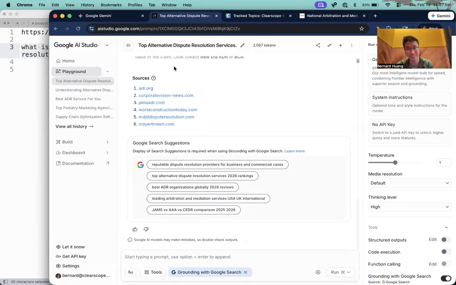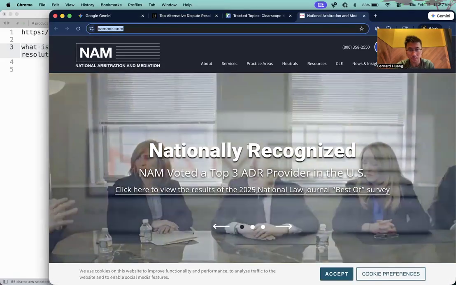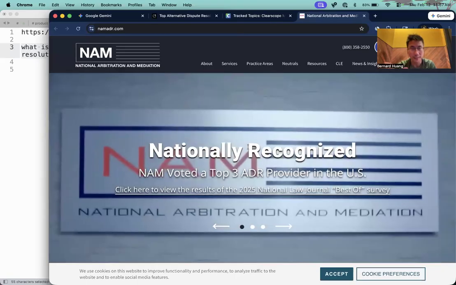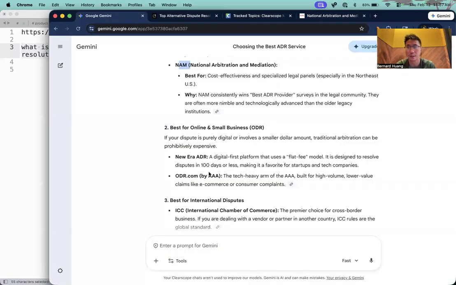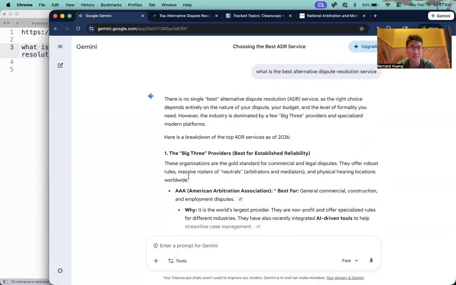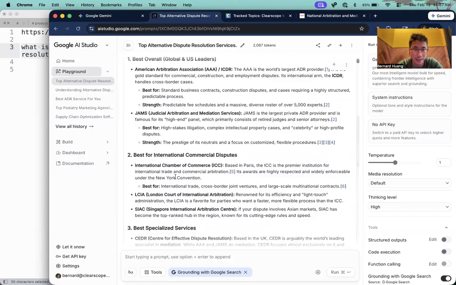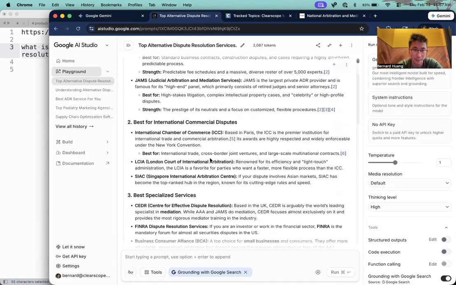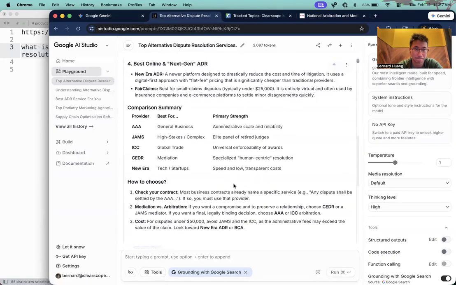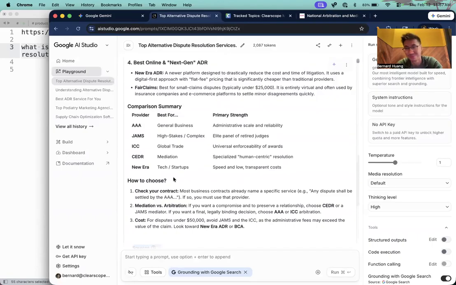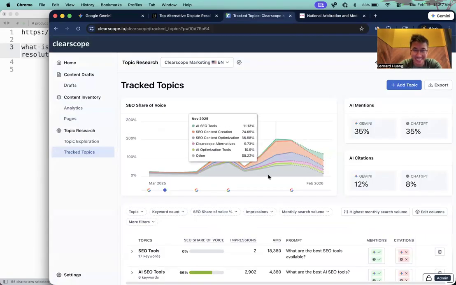Yeah, that's where sampling honestly does matter quite a bit here, right? I just ran this once in Gemini, and in this Gemini, I don't know if NAM is mentioned. No, it is not. And then in this one